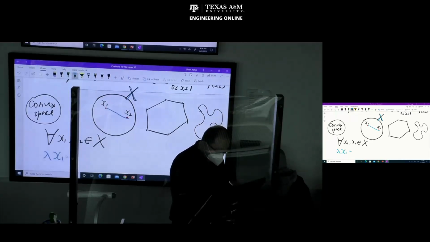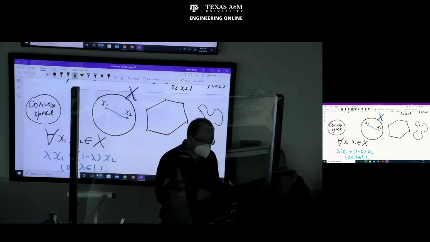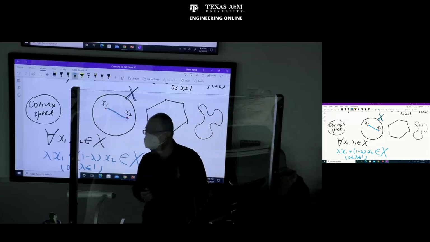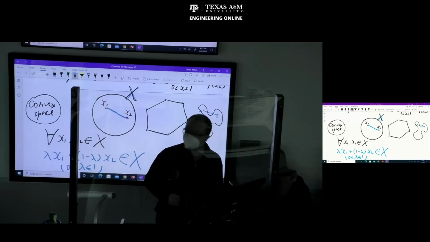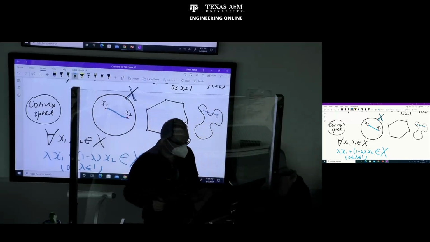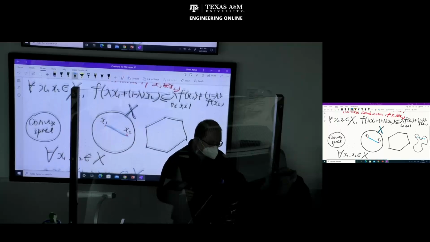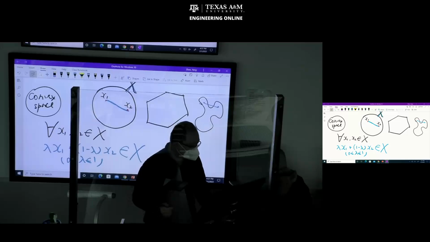Lambda X1 plus 1 minus lambda X2, where lambda is between 0 and 1, right? So this is a convex combination. If lambda is outside of 0 and 1 range, then it could go beyond this line. So if this one still belongs to X, then it's convex, because the segment is entirely in the feasible space. But in other cases, if I pick these ones, as long as there's one violation it is not convex; remember, this is regarded as for all. So if your objective function is convex and your feasible space is convex, then the optimization problem is convex optimization,